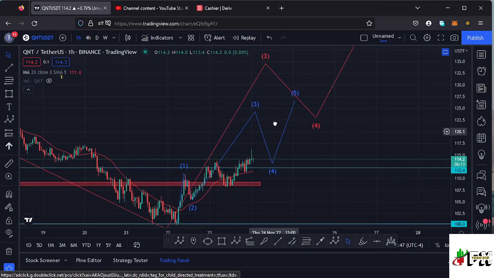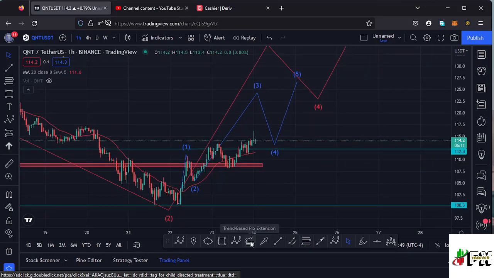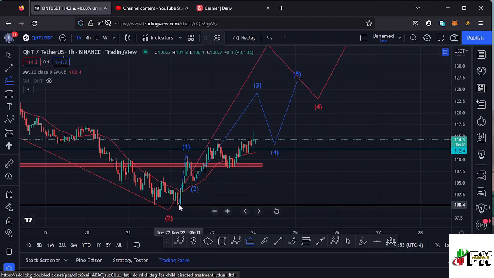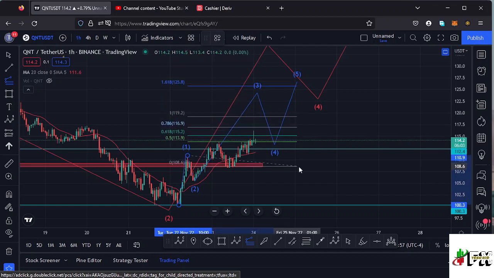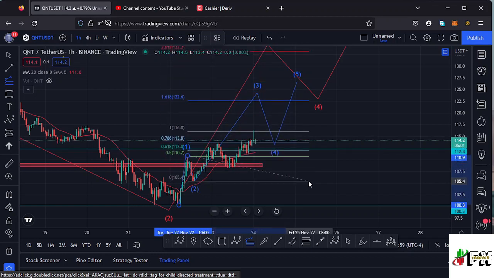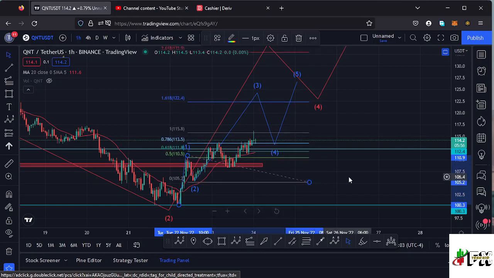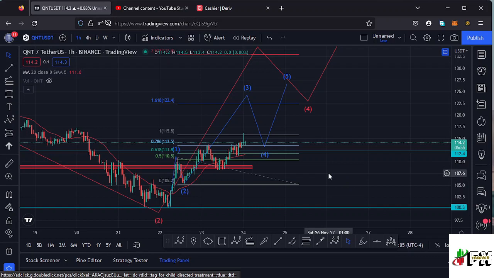in blue, I can use the Fibonacci, the trend based Fibonacci, connecting it from the low of the first wave down there to the high of that wave 1, then dragging the fibs to the low of the second wave, and that gives me a minimum target area at the fib level 1.618, which perfectly lies at around the $122.3